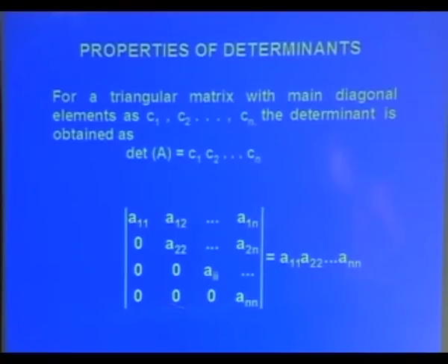Now, this is the case when we have a lower triangular matrix. If we have a matrix in which only the terms on and below the diagonal are non-zero and these terms are 0, the result can be proved on the same lines. The only thing is that instead of taking this particular row, one has to take this particular column in that case, and the determinant of A will be simply the product of diagonal terms. So, whether we have a triangular matrix or a diagonal matrix, its determinant will be the product of diagonal terms.